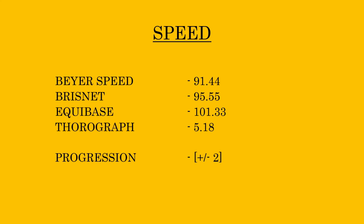So what we did was we averaged out the speed figures for all the contenders of the Preakness from their last race. The Beyer speed figure came out at an average of 91.44, the Brisnet 95.55, Equibase 101.33, and Thorograph 5.18. Now, we also have our progression, our subjective number, that from the first two parts you're familiar with,